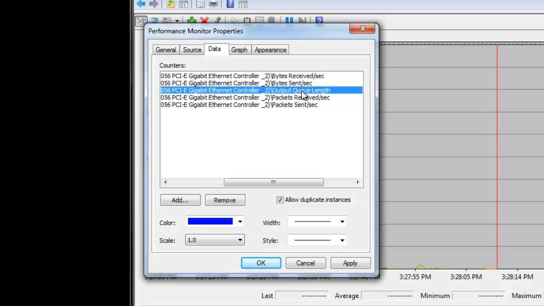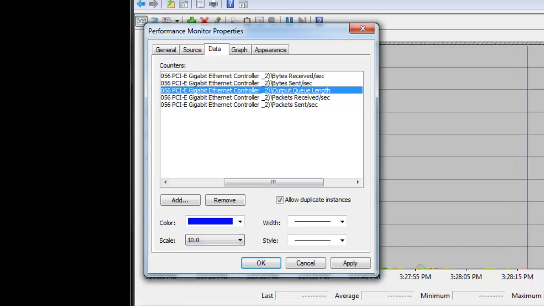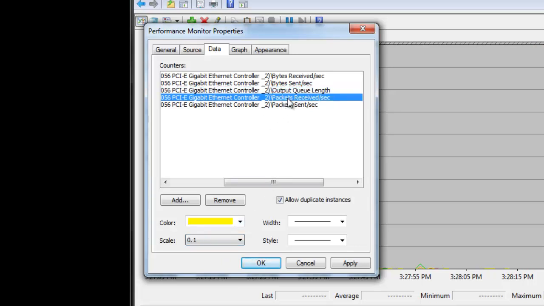Okay, for the output length, we're going to do 2 to the right. Well, I guess that would be 1 to the right. Okay, packets received and sent. We're going to do 1 to the left.